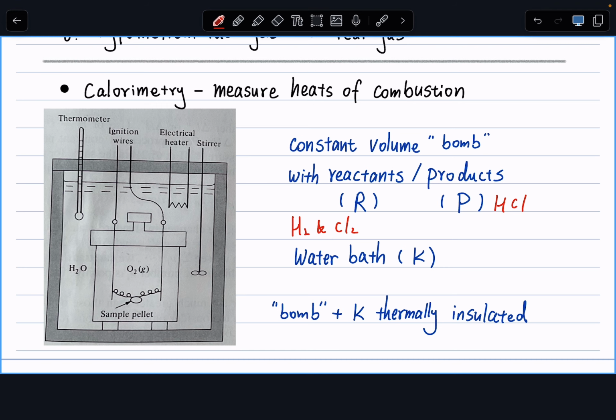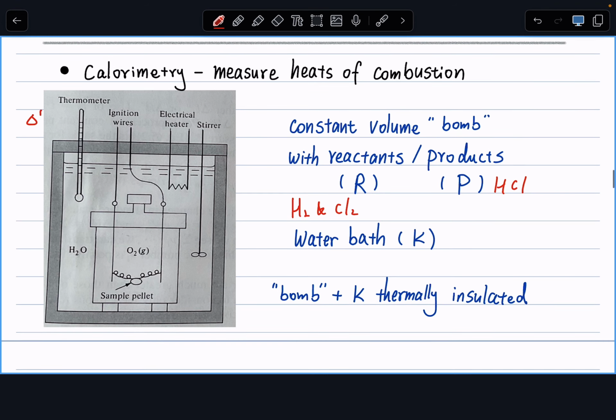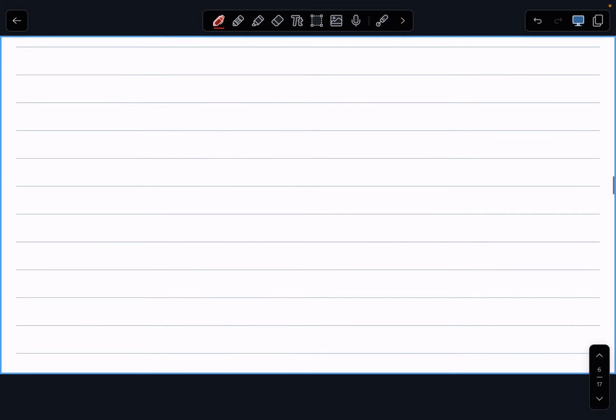All right. And in this setup, we know that delta U total equals 0. So whatever amount of energy is released by the reaction, it's going to be absorbed by the water bath. Basically they'll have the same number, just different sign when we're talking about internal energy, because total delta U of the entire calorimeter equals 0. All right. So then the question becomes quite straightforward, right?